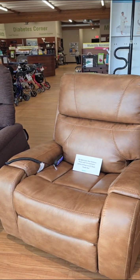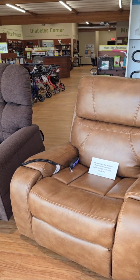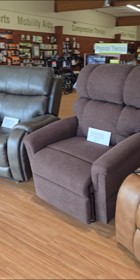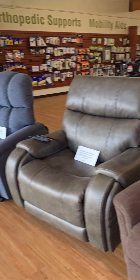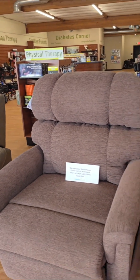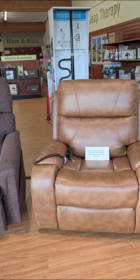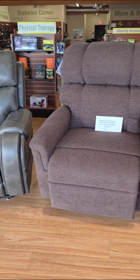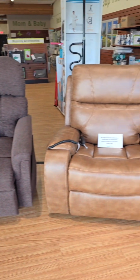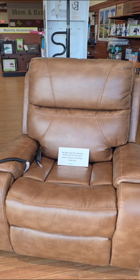Now, Golden has come out with the Twilight, which is a patented feature on their Golden lift chairs, and that really has been a game changer. And actually, currently we have, this is also a Golden with Twilight. This is another Golden with Twilight. But let me go back to the first one. This one here is,